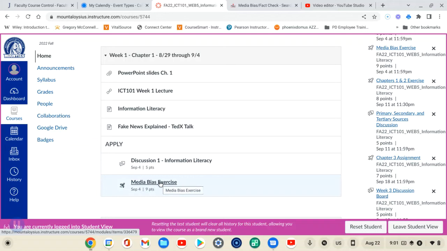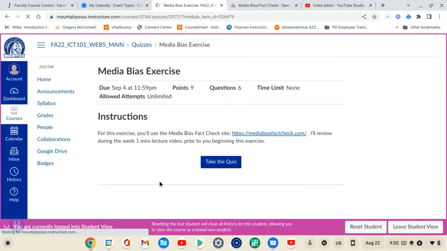I am now in student view, so I may have some issues and have to jump around back and forth a little bit. But I'm going to try to stay here and show you as much as possible, so that what you see really mimics what I'm showing you on the screen, versus me being in instructor mode, which is really different. So here's the media bias exercise, and you'll notice right away that the language for this